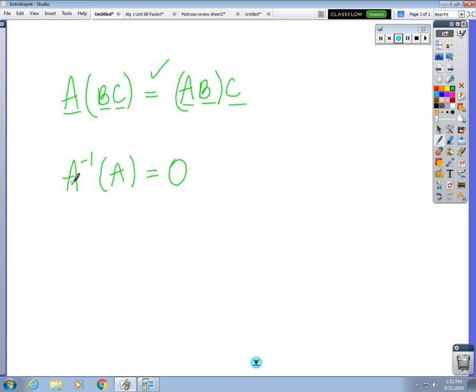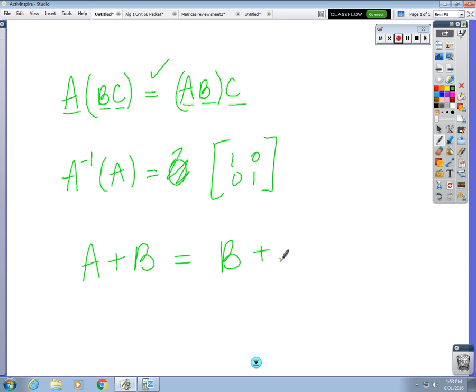What happens when you take a matrix and you do the inverse of it and then you multiply by that same matrix? You get the identity matrix. It wouldn't equal 0. It would equal the identity matrix. Okay? Anytime you take the inverse of a matrix and you multiply it back by that same matrix, you don't get 0. You get the identity matrix every time. Okay? Can you do A plus B and get the same answer as B plus A? Yes. Matrices can be added in any order. That's the only thing, though. Subtracted, it can't be flip-flop. Multiplied, it can't be flip-flop. But it can be switched around for adding. Okay, make sure you study